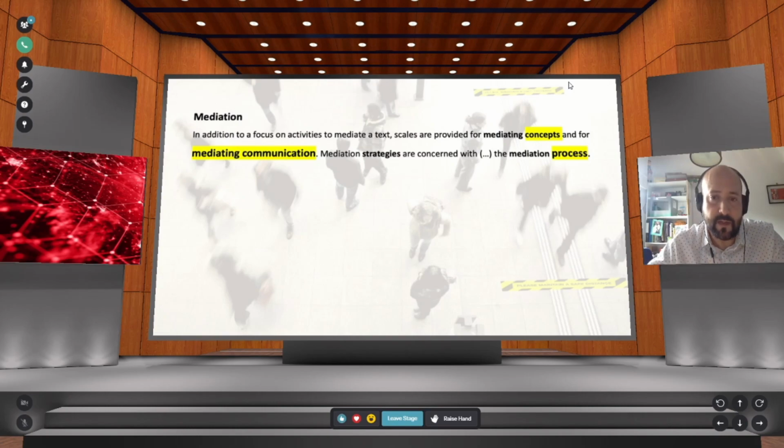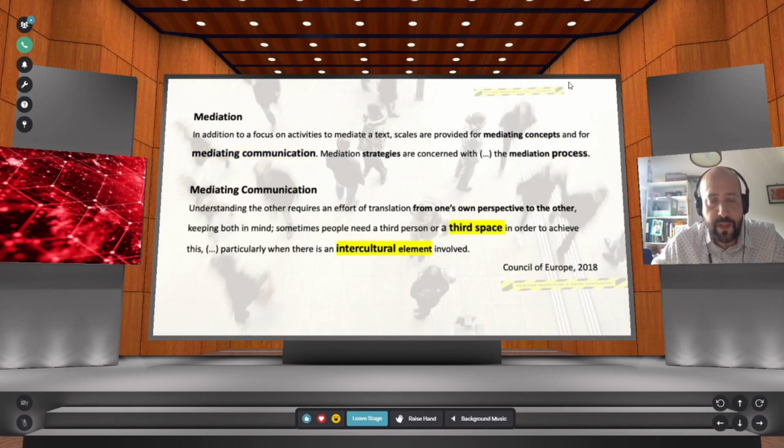And this is really one of the main topics addressed in my study, which is how mediation strategies and mediation processes can help in having a more effective communication and interaction experience in terms of language and culture acquisition. So when it comes to mediating communication, the CEFR Companion Volume lists two new scales